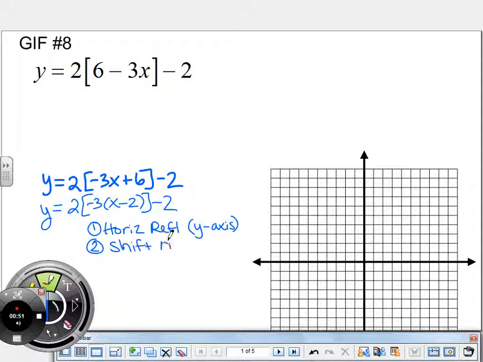Then the second thing we'll do is we'll shift to the right 2. And notice that the translation is 2 because we've factored out the 3. Okay? And it's to the right because it's kind of the opposite of what we see here. And then